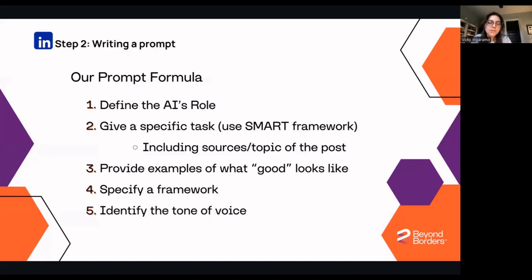It always helps to make your explanations more clear. So use that SMART framework when you're giving it the task. Of course, include any sources or topics that you want. If you're basing it on a specific article from the New York Times, make sure you have that linked in there. Then provide examples of what good looks like, i.e., what your expectations are, what you want it to